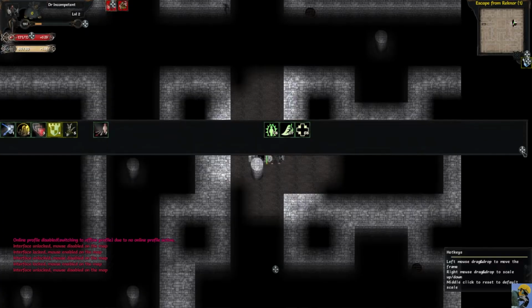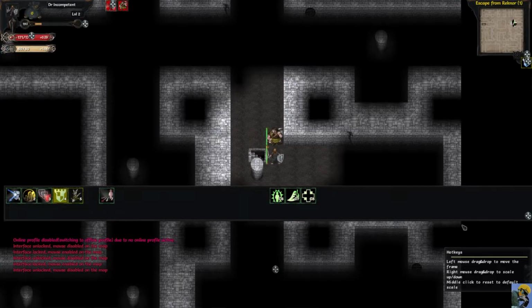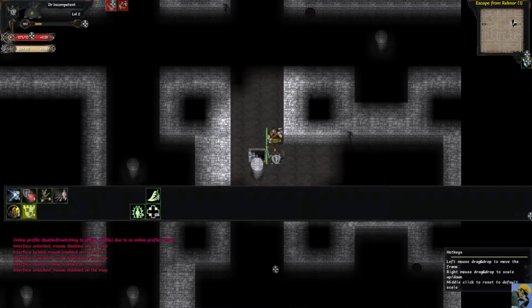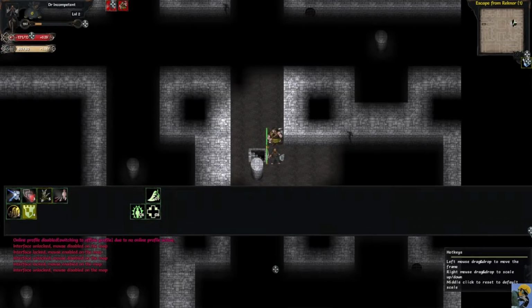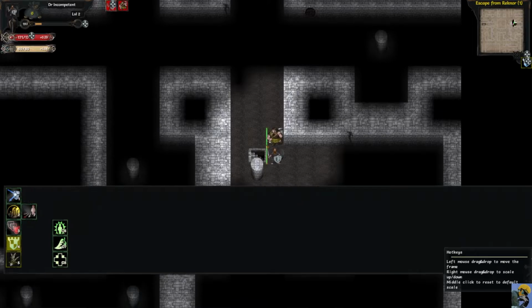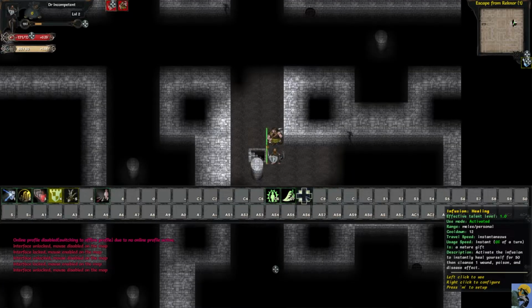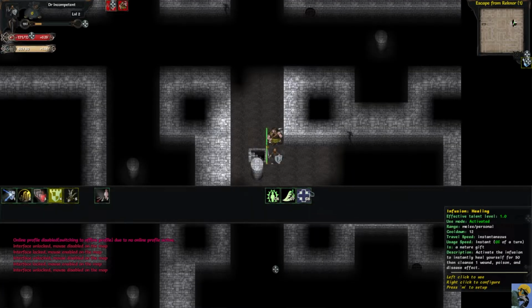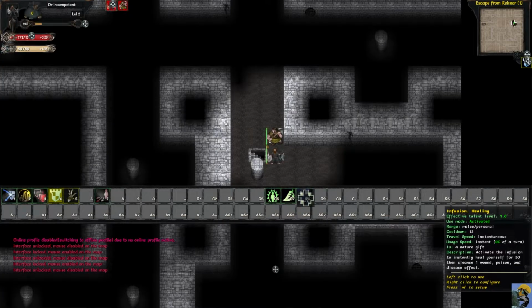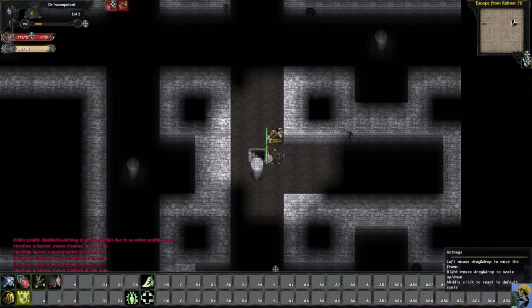Now, if I grab this and move it, I could move my action bar around if I wanted to, put it up here or something like that. But the thing that I want to display is that if you right-click and drag the action bar, you can get it actually to be quite huge, and you can get multiple rows, okay? So now I have my action bar area big enough to where I can put abilities on 2 rows, and I have found for myself that 2 rows are enough. So I'm happy with this size, so I'm just going to drag it back down to the bottom like that,